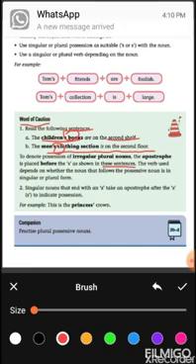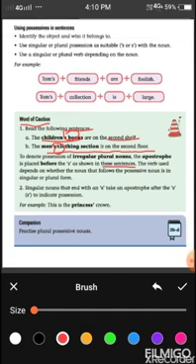The verb used depends on whether the noun that follows the possessive noun is in singular or plural form. Singular nouns that end with an S take an apostrophe after the S to indicate possession. So a singular noun that ends with an S takes an apostrophe after the S